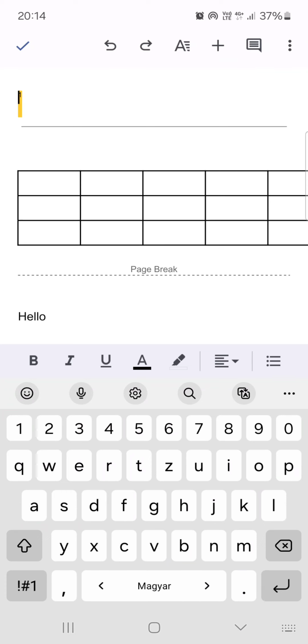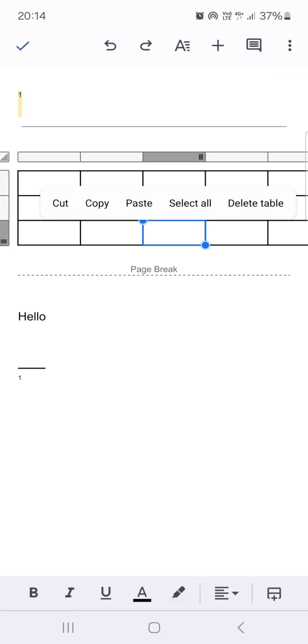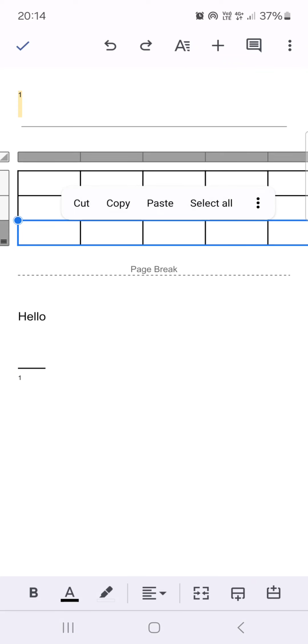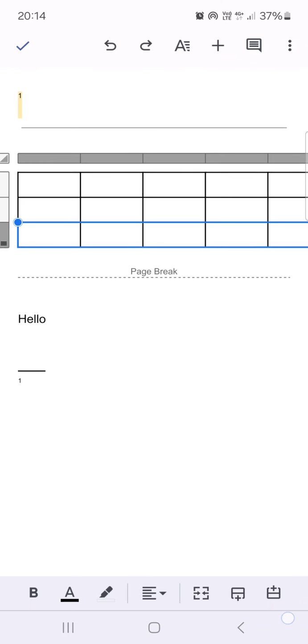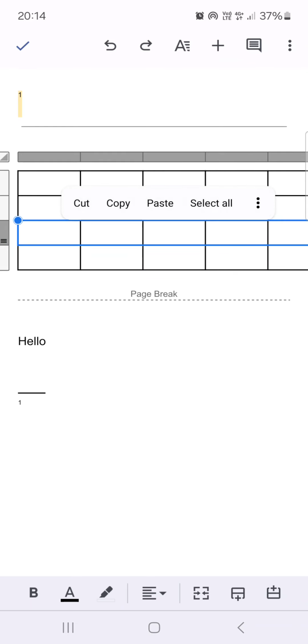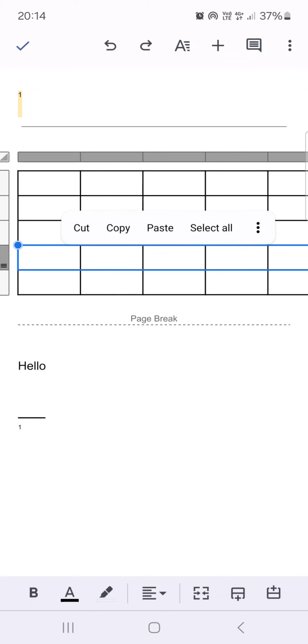and here we have to select the table and the row of the table after which or before which we want to add a row. So if we tap on this icon, it's going to add the row before the selected one, and if we tap on this, it's going to add a row after the selected one. So yeah,